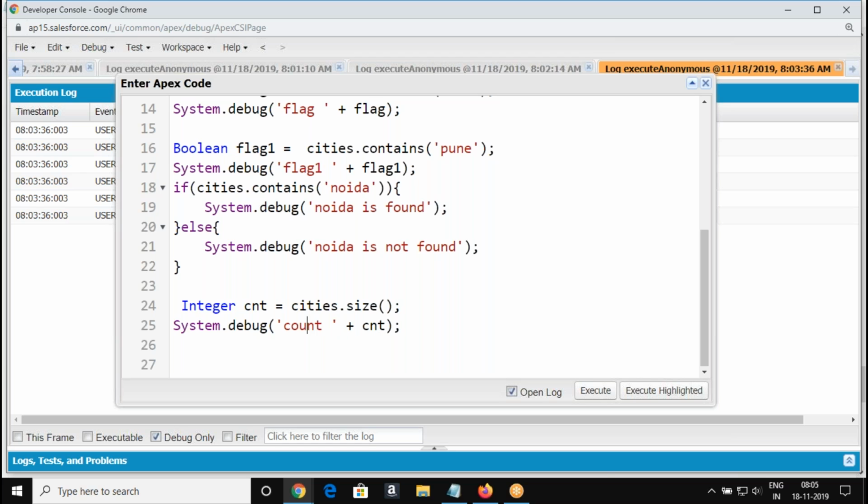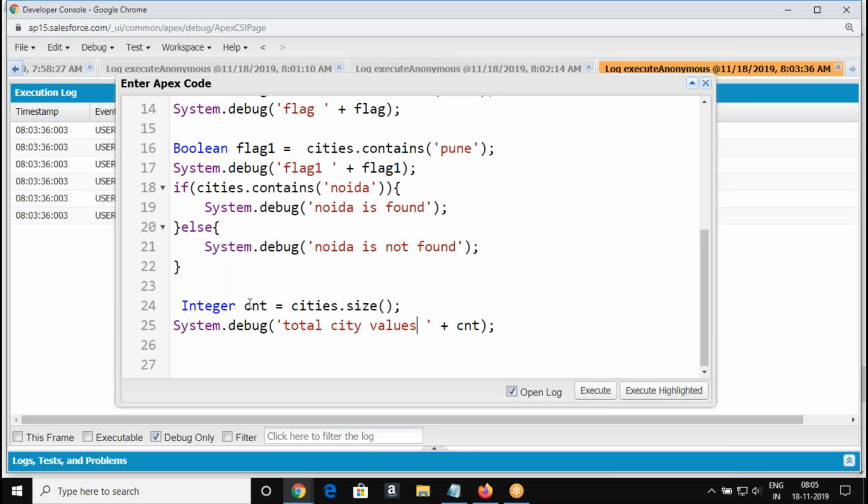We'll follow this. Total elements. Total city values, right? How many city values do we have?